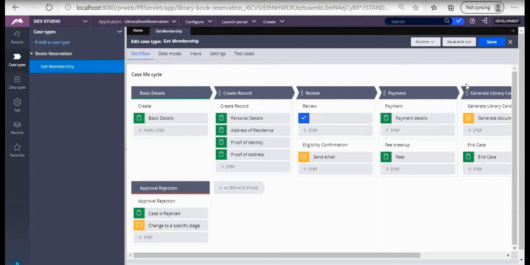The requirement is that the user should click on a particular link or a button. Whenever he clicks a link or a button, a pop-up should come and show some details to the user. It can be personal details, the address of residence, proof of address, or anything. It should come as a pop-up. That would help us, right? Slot booking, which he has done. We want to check over here.